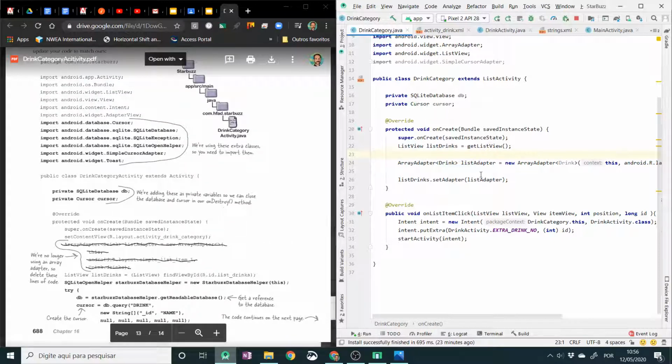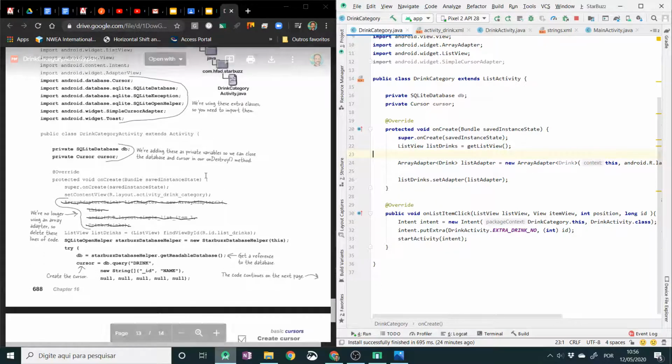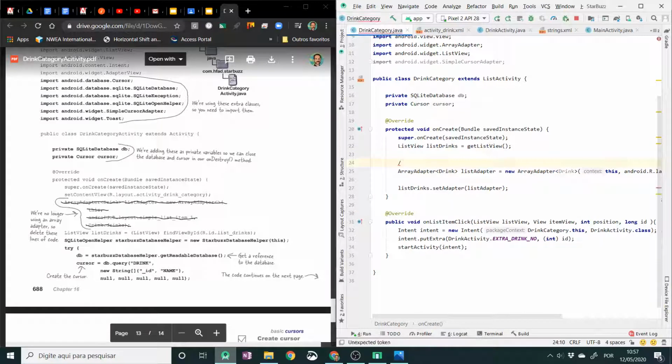One thing you have to pay attention to as we're doing this is that we use a list activity for drink category. The example the book has is using simply activity. So this creates a couple differences, but as long as you stick to the things that make a difference to your code, this won't be a problem. Okay? So the first thing I'm gonna do here